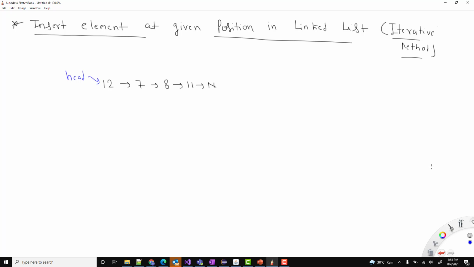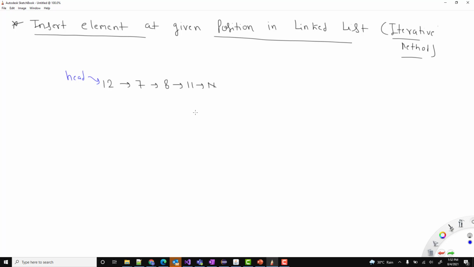So what we'll cover in this one: here we have this linked list, and in this linked list we can add our element at any given position. We'll see the different edge cases that we have here. After that we'll see the code, and I will also paste this code in the description section, so whenever you want you can see it. First of all, let's see the logic, like what all can happen.